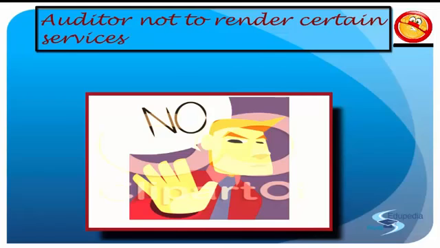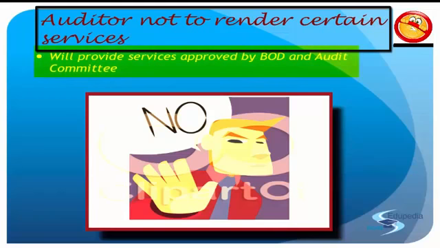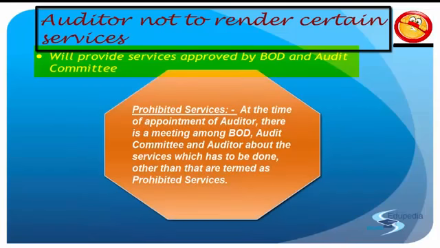What you need to understand is that these are the certain number of services that you cannot take ahead. The first thing that you need to understand about the prohibited services: when an auditor gets appointed, in most of the cases it is appointed by the members in the general meeting. There are specific cases when the CAG and the directors also appoint the auditor. Whatever be the case, once the auditor is appointed, what do you think? Are the members directing the auditor or the directors? Yes, there's one more name, the audit committee.